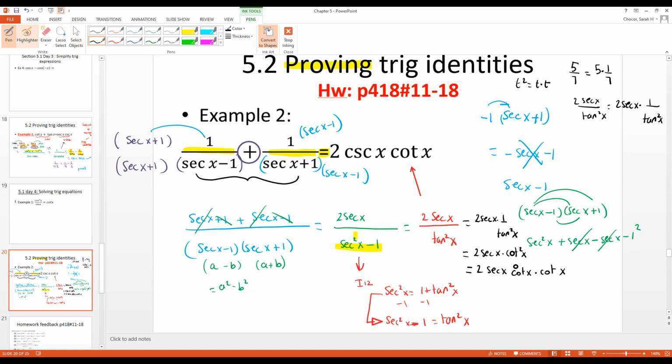I now look at the pieces of the puzzle. I have the 2 that I need. I have the cotan that I need. I don't need the secant. So I'm going to change the secant into 1 over cosine, and I'm going to change the cotan into cosine over sine. And I'm going to copy everything else. Cosines cancel out. 1 over sine is cosecant, and copy down the cotan, and up to this point we proved